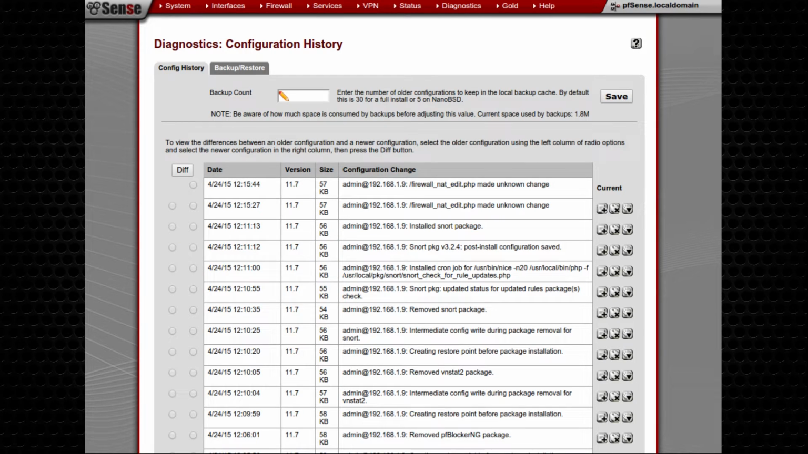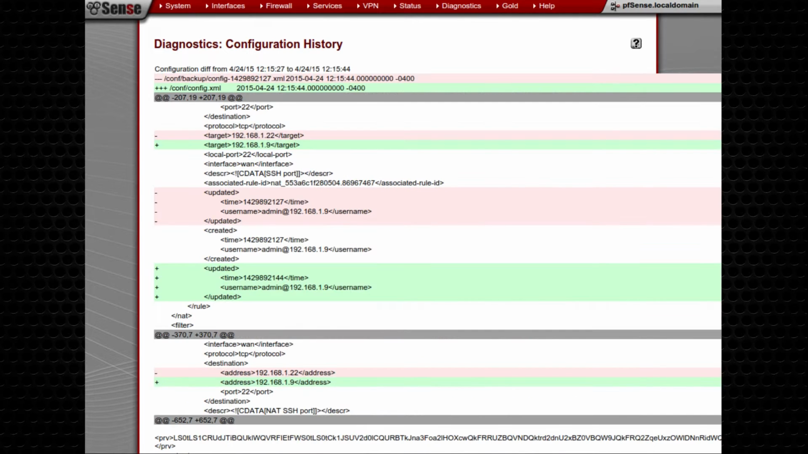There is also a config history. The default count is 30, or 5 as it says on NanoBSD. You can then update and change this if you have quite a bit of space. It tells you how much space all the backups are using. For each one of these, it's got a history and kind of gives you an idea of what you did as you installed things. You can also pick any two of them and do a diff,